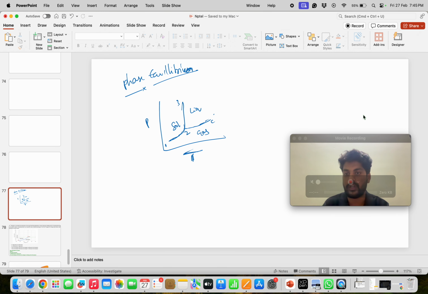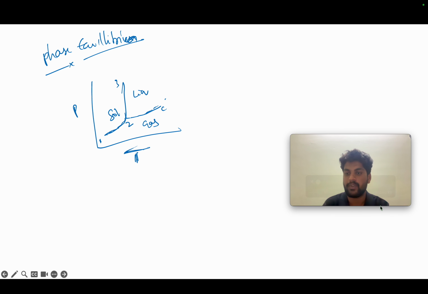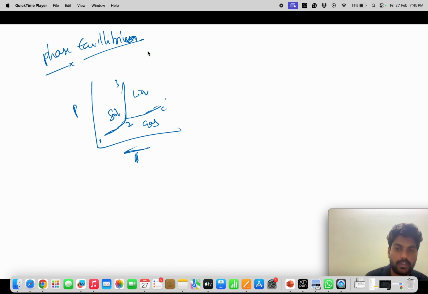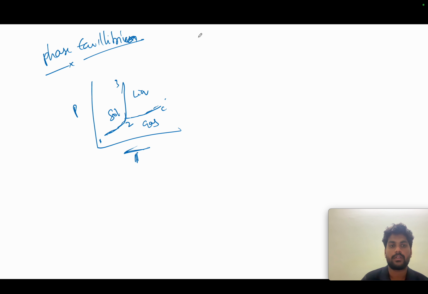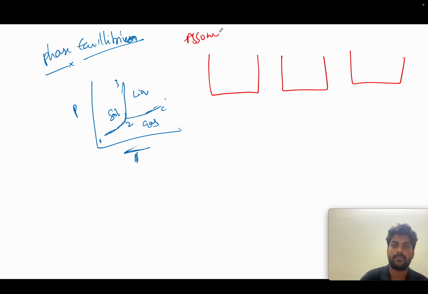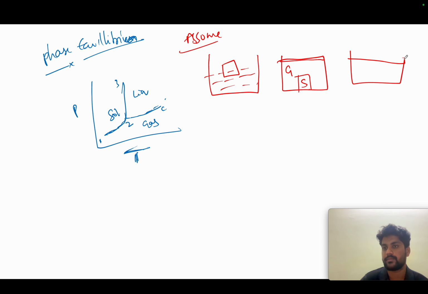So if you see the phase equilibrium curve, I think I'll explain it in the next class itself. So I'll just give the outline of phase equilibria. So you need to understand that if you have the boxes, just assume you have the box of water and solid and the gas, solid and gas, and then